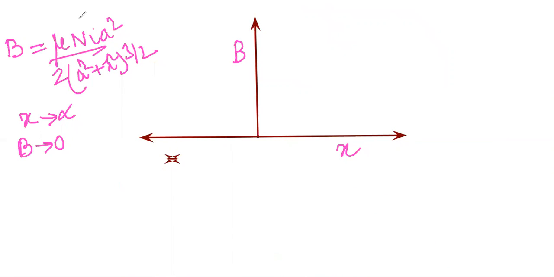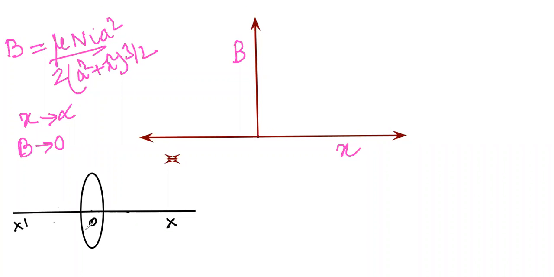Now suppose I consider a circular coil like this, you can take the distance both ways. That means you can take this direction, and you can take the distance in the other part of the axis also. That means in this direction your x will be positive, and this is your x dash, and this is your origin. So this is how this diagram will look like. Taking this into consideration, we will be drawing the diagram.